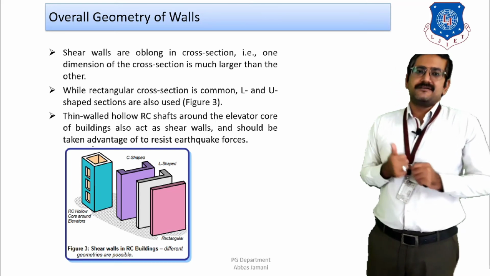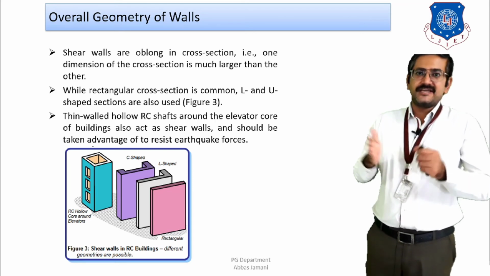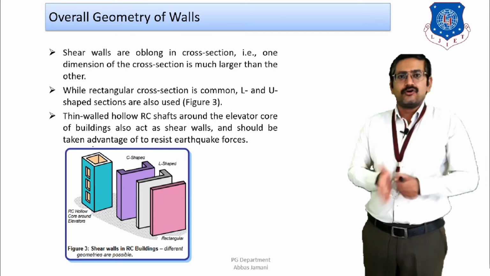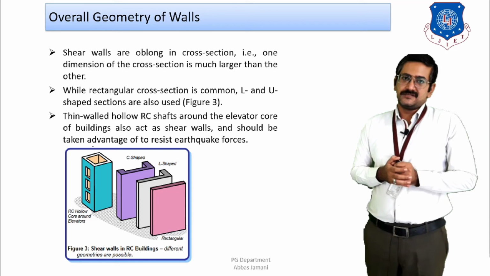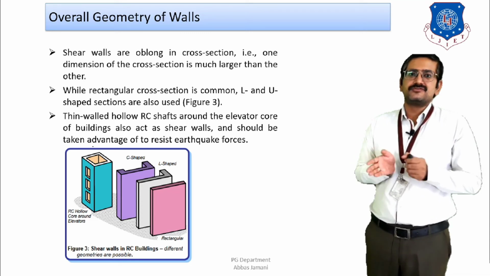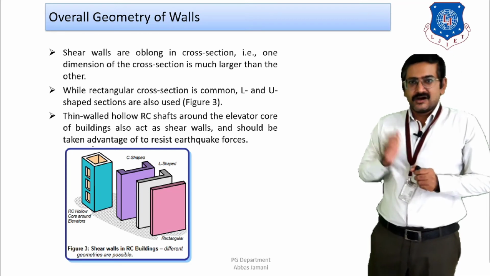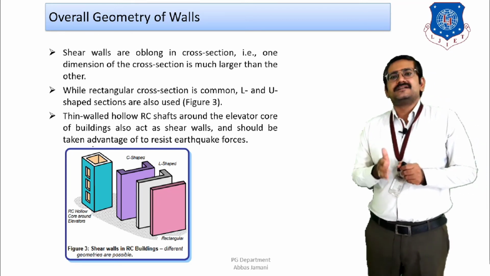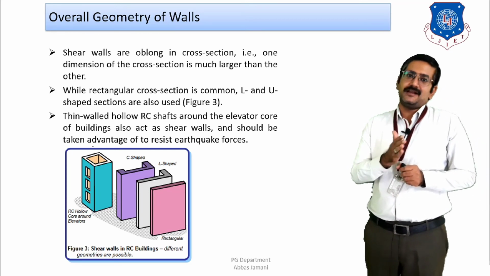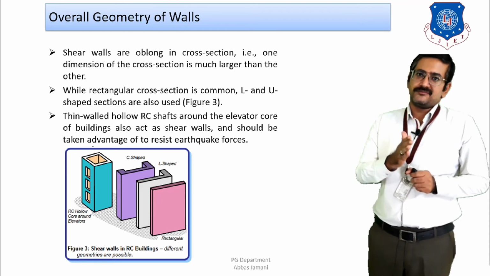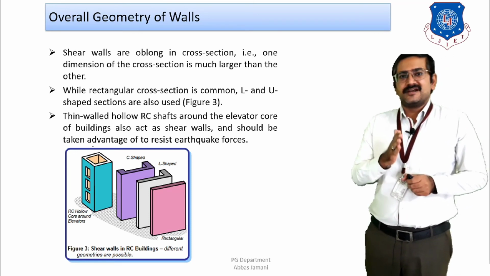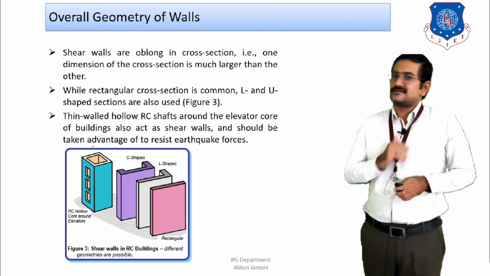For example, as I have given the example of lift walls, in case of a lift wall, the entire core of the lift can be used as a shear wall. And if that is happening, then it can be an inverted U, C shape or an E shape as well, right? However, the location and the even distribution are going to be very critical elements in enhancing the performance of the building as compared to the shape of the shear wall.